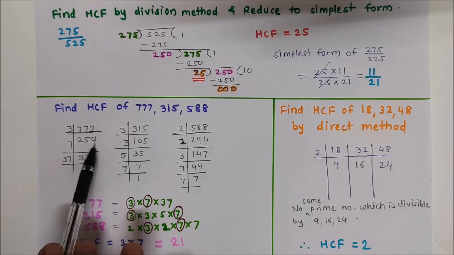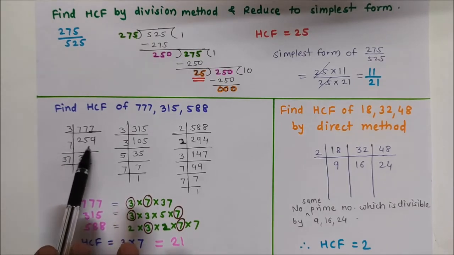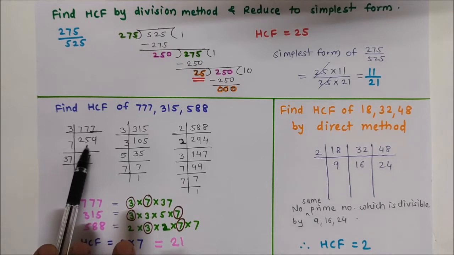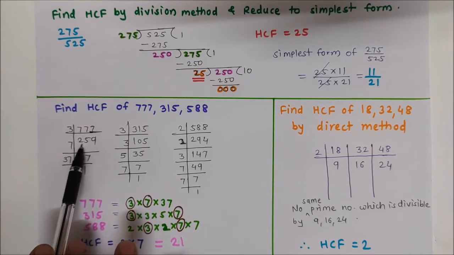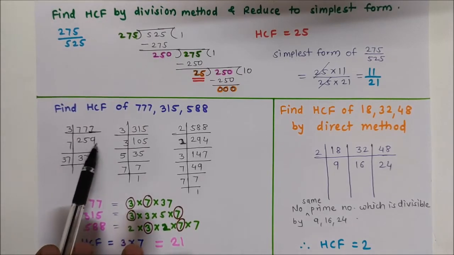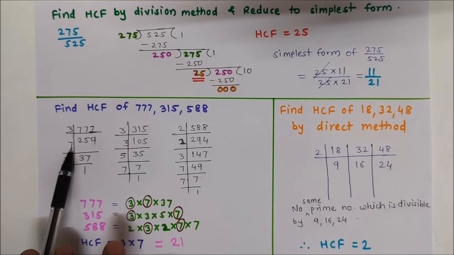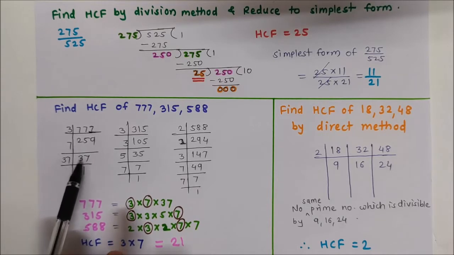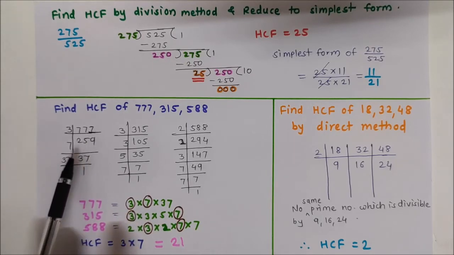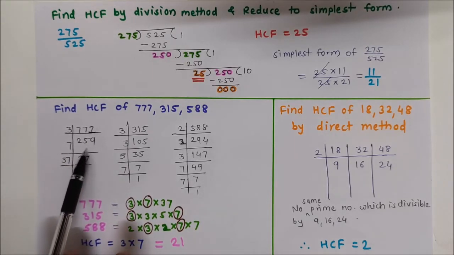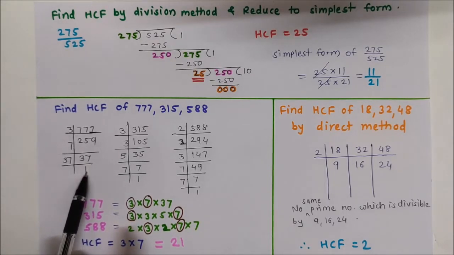Again 259. Here first we check that the given number is odd. That's why here 2 plus 5 plus 9 is 16. It is not divisible by 3. There is no 5 in the unit place and no 0 in the unit place, therefore that number is not divisible by 5. After that, 7 is a prime number, so we check that. 7 3s are 21, 4 is remaining. 49 is there, 7 7s are 49. So 7 into 37 is equal to 259. 37 is also a prime number. So 37 ones are 37.